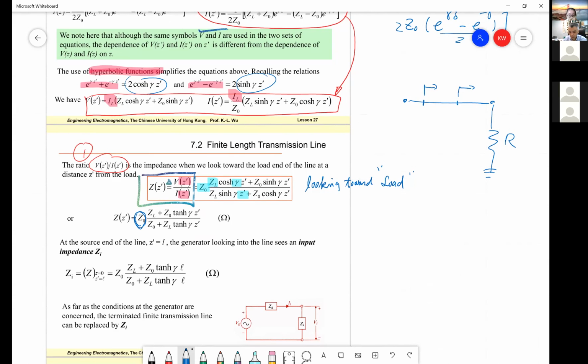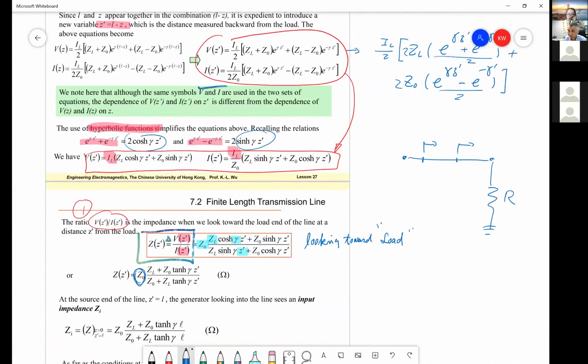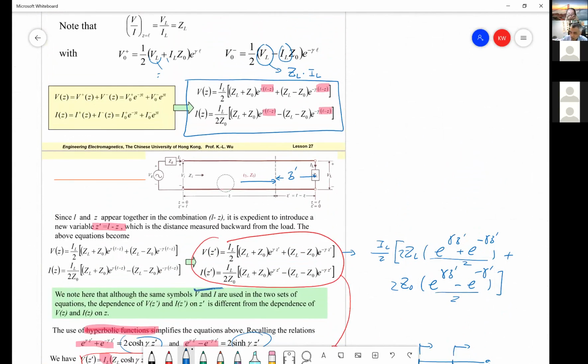Now, if we have, where's our diagram? Okay. If we're looking toward the load at the source, and we know the impedance, this location is Z prime equal to the total length, right? So total length, okay. Then this problem becomes,